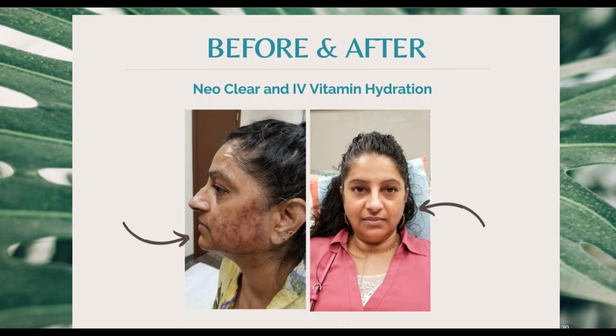What I did with her was what we call in our office the skin acne IV. I put this formula together after a lot of trial and tribulation. Once I put all the right ingredients and amounts together, I started using this on her. I started using the chemical peels, and I started to do the laser procedures, and doing all three things cleared